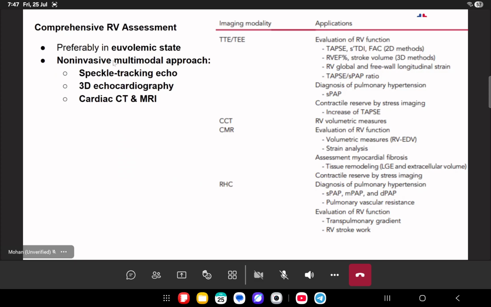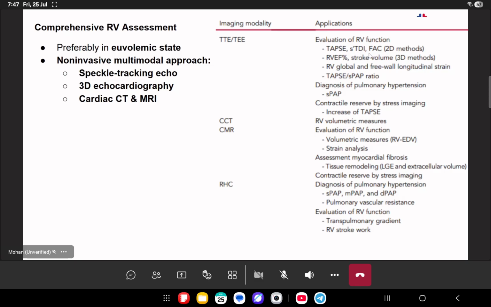The comprehensive RV assessment should preferably be done in a euvolemic state, and the non-invasive modalities will include speckle tracking echocardiography, tissue Doppler imaging, and then 3D echocardiography, CT, and MRI. So with transthoracic echo or transesophageal echo, the points we have to see towards the tricuspid in the evaluation of RV are TAPSE and tissue Doppler